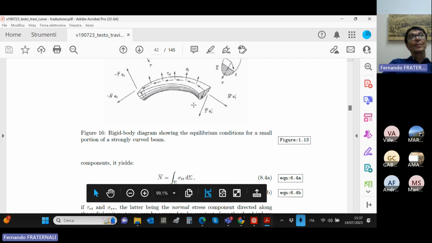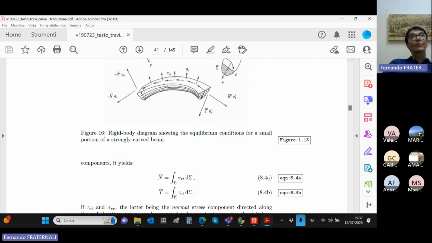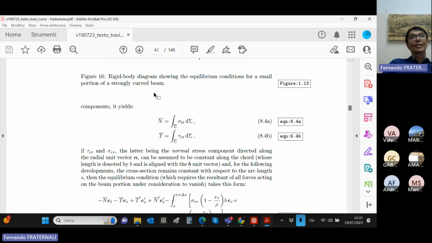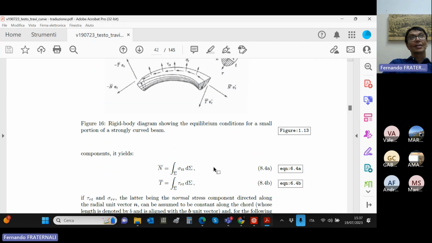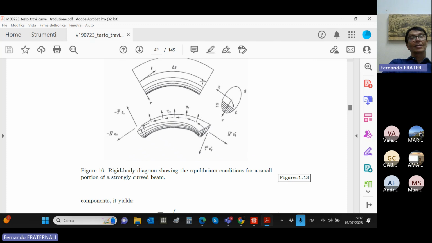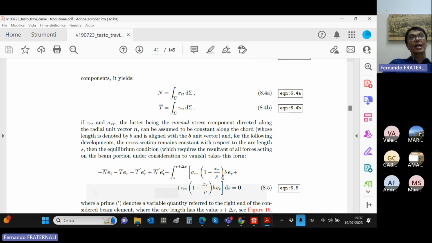Because we have to measure the length of this arc, which does not coincide with the arc length measured on the beam axis, because there is an x2,